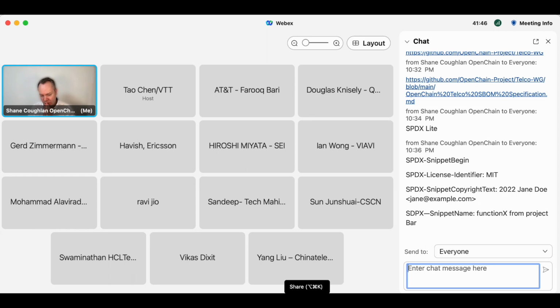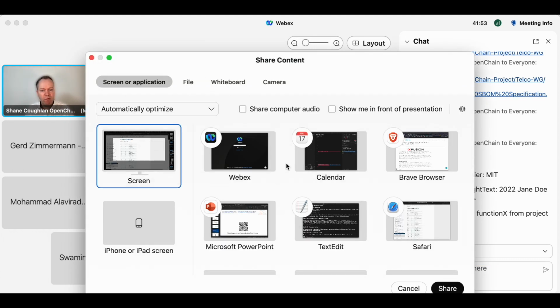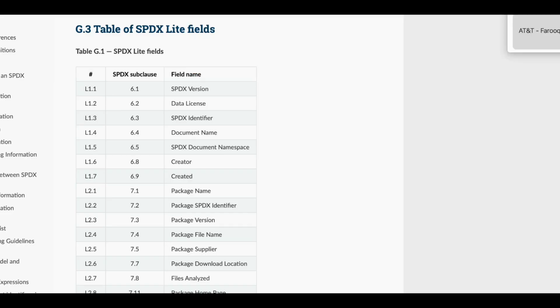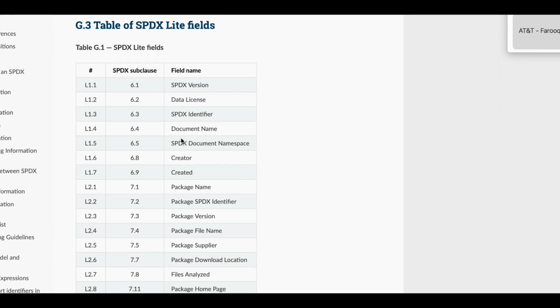And your choice of approach is not tied to your implementation choice. So you can decide to have a software bill of materials, like I mentioned SPDX Lite. This is SPDX Lite fields. So these are the fields. They have names like this. And you can implement these fields in a database that your company maintains. You can implement it in some Excel spreadsheets that track things. Whatever. It simply doesn't really matter what your implementation choice is, as long as you're using a coherent standardized SBOM,